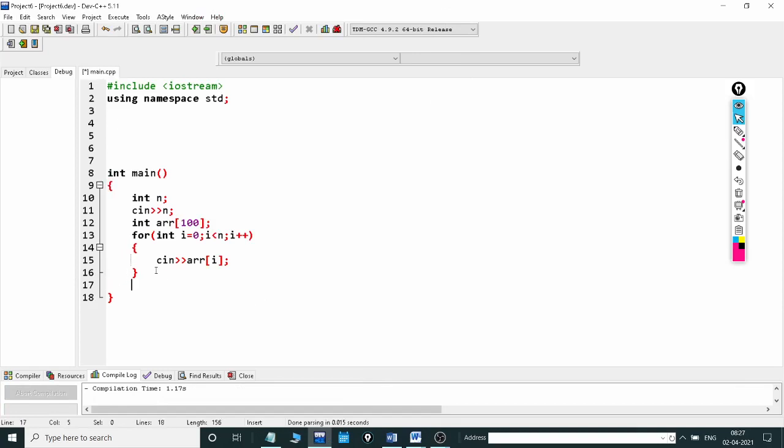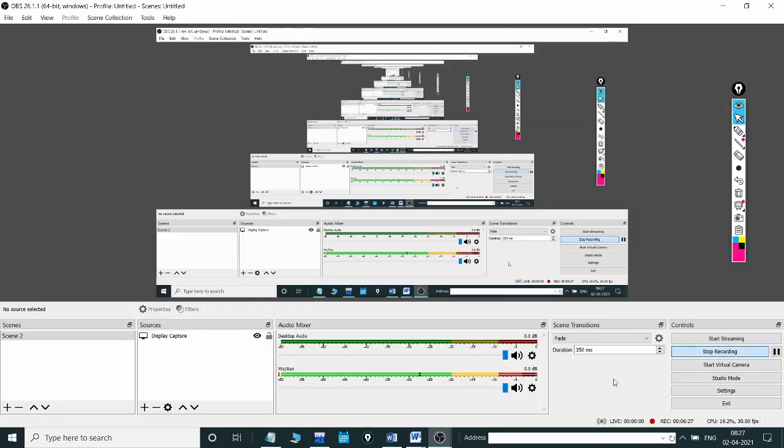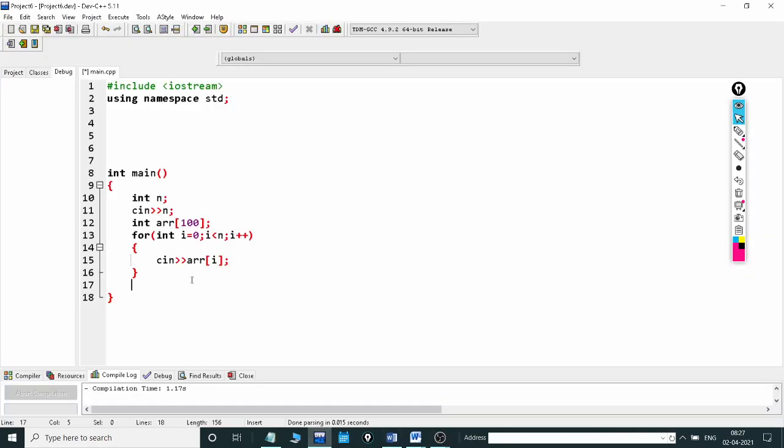Next I need to call the function, that is find total difference. I need to pass two things: one is my n, another one is my array.